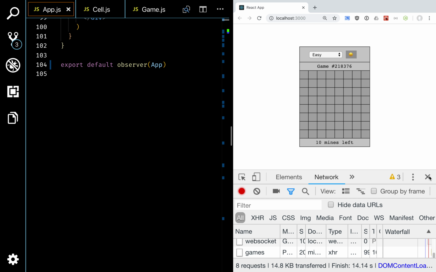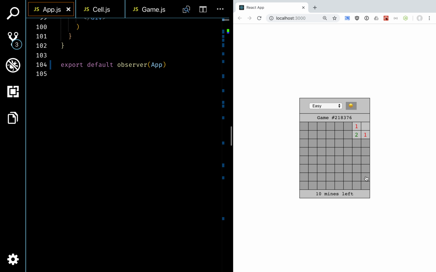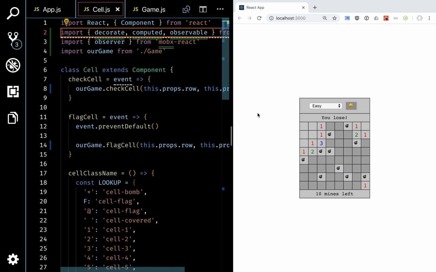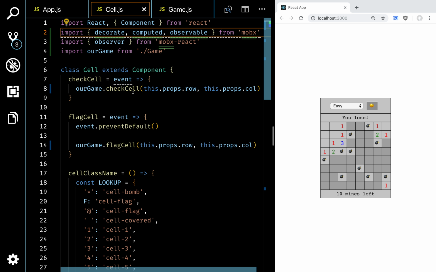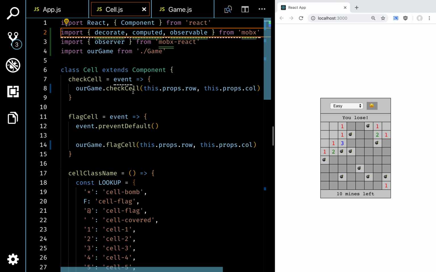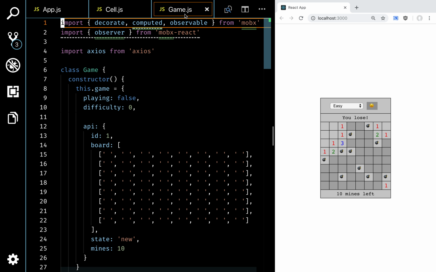There we go. Right. And now that works. So what we avoided doing is having to pass down these functions, and all of our game information is now